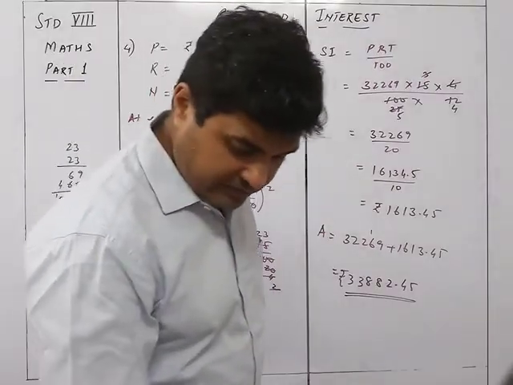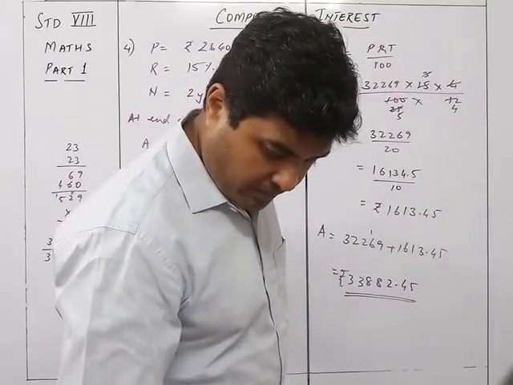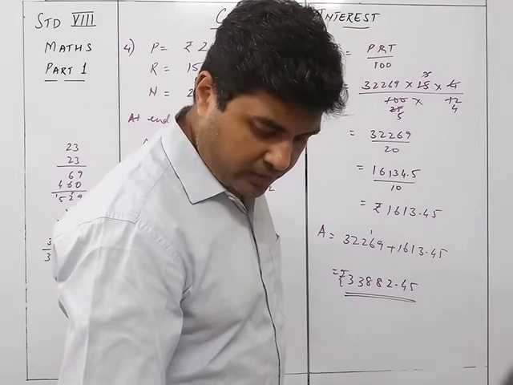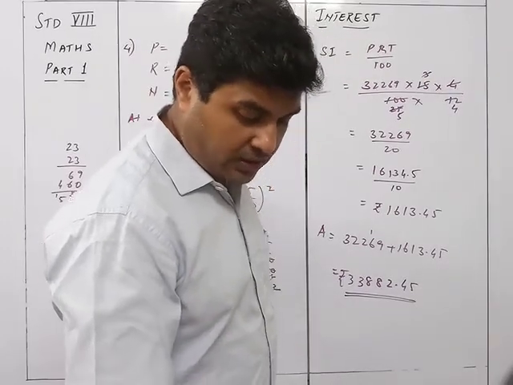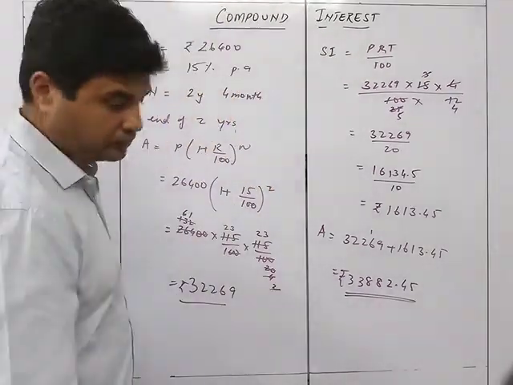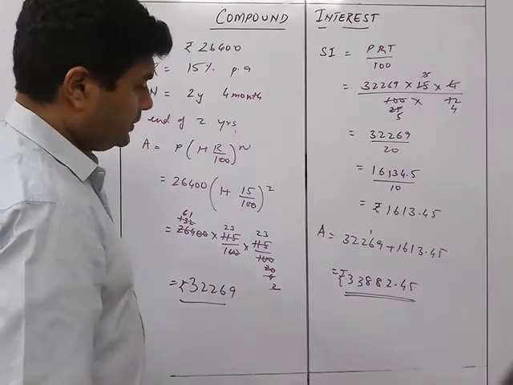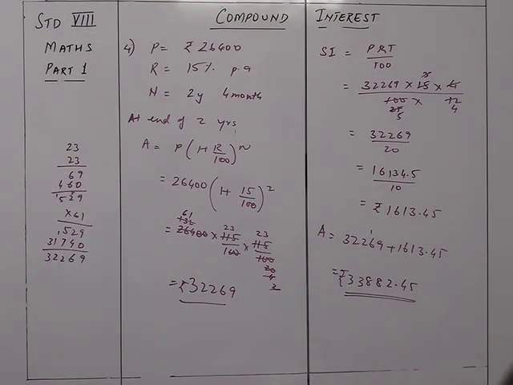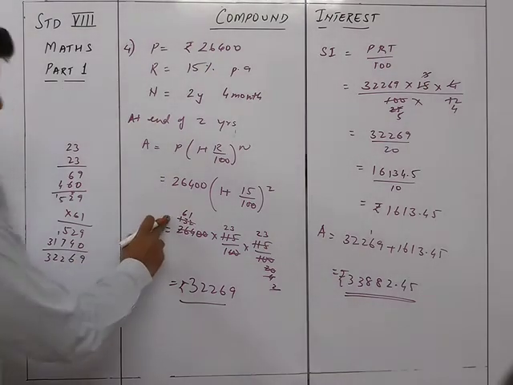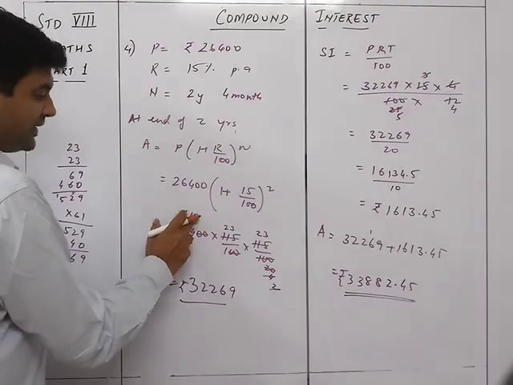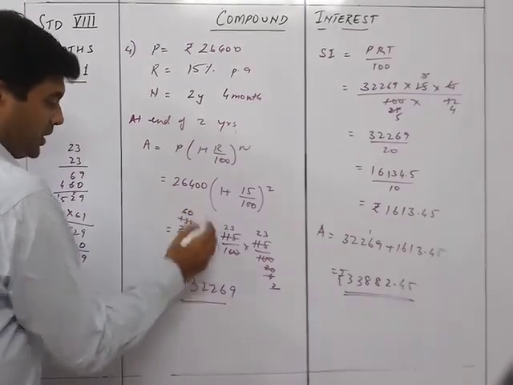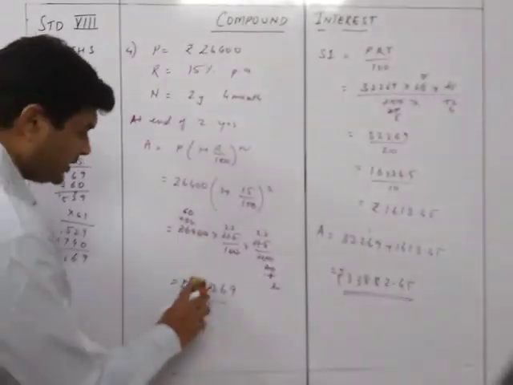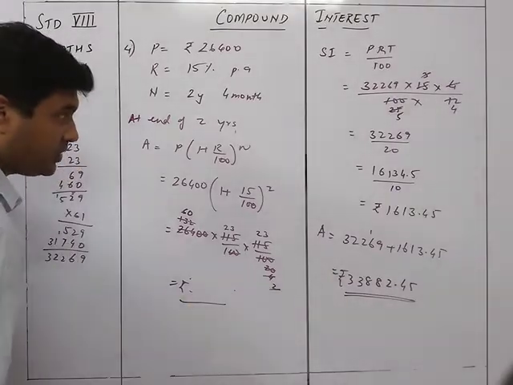Something is difficult. One sec. Compounded yearly. What amount will you pay at the end of 2 years and 4 months to clear the loan? Just a minute. Okay, there is a silly error I made over here. This 132 when I divide by 2, it is not 61, it should be 66.